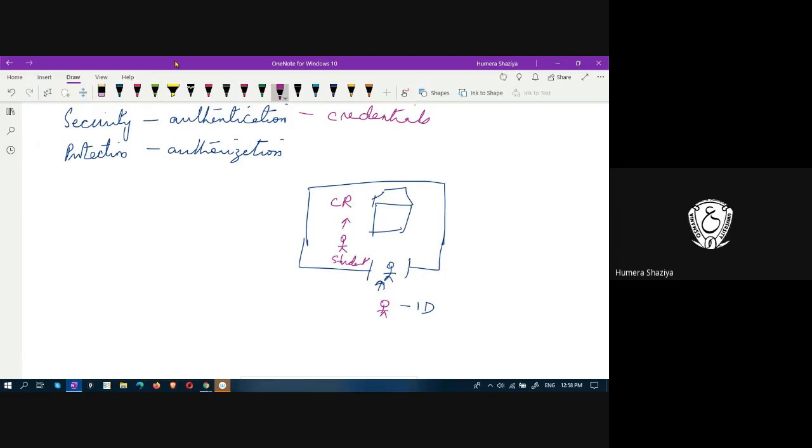He can enter his classroom and attend his lectures. Suppose this is our principal's chamber, can any student go and sit on the principal's seat? No, because he is not authorized to do that. He does not have the permission to do that. Or, if the student is an engineering student, he can't enter the labs of biology classes. Even within the college, internally, he can't do whatever he wishes.